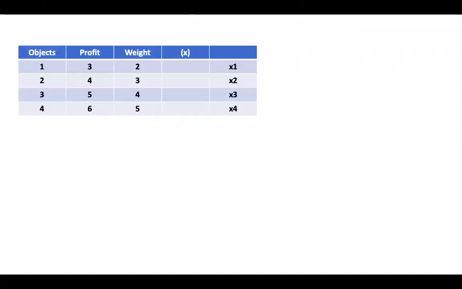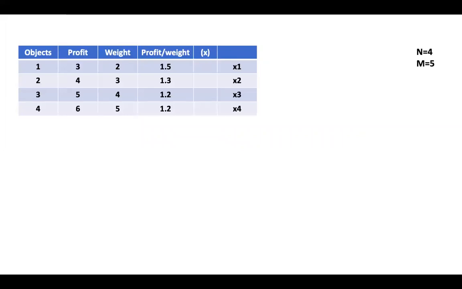So this is our given task. Number of items is equal to 4. Knapsack capacity is 5. Weights are 2, 3, 4, 5. Profit along with the weights are 3, 4, 5, 6. And 4 objects are there. X1, X2, X3, X4 is nothing but the solution. If this is 1, 1, 0, 0, it means solution of 1 is 1, solution of 2 is 1. That means these 2 items are selected, these 2 are not selected. That is what we have to find out.